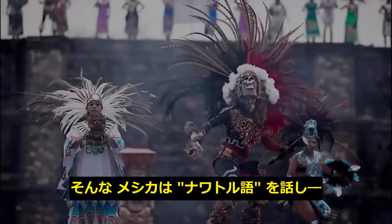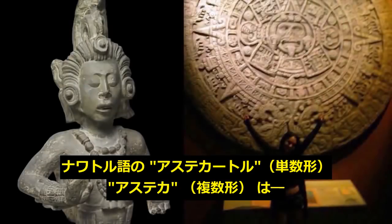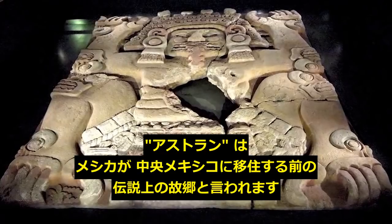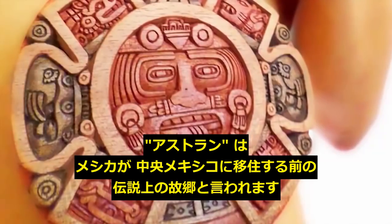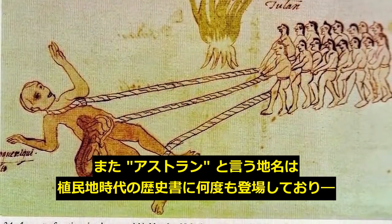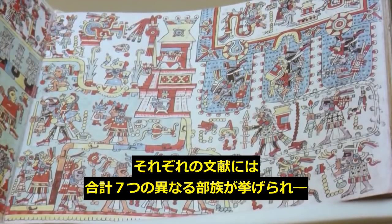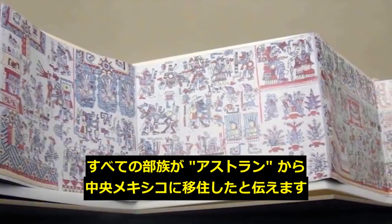The Mexica spoke the Nahuatl language. Now, the Nahuatl words Aztecatl, singular, and Azteca, plural, mean people from Aztlan. Aztlan was the legendary ancestral homeland from which the Mexica people were said to have migrated before arriving in central Mexico. The place Aztlan is mentioned in several ethno-historical sources dating from the colonial period, and each of them gives different lists of the different tribal groups, I believe 7 in total, who participated in the migration from Aztlan